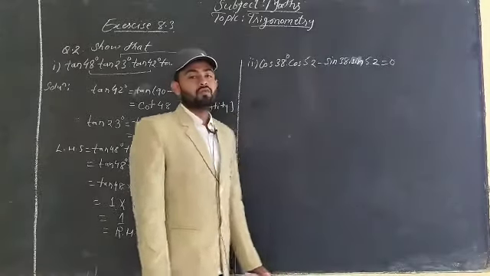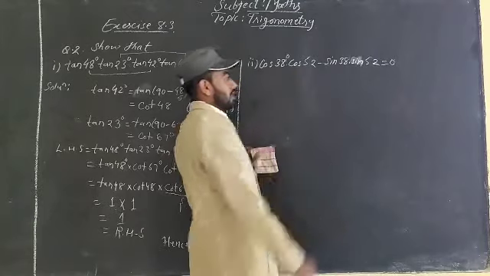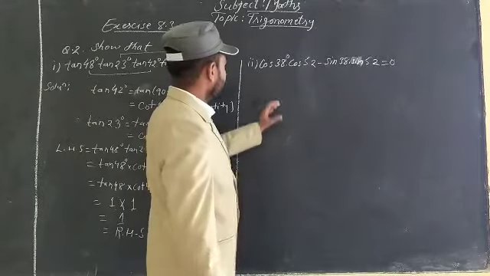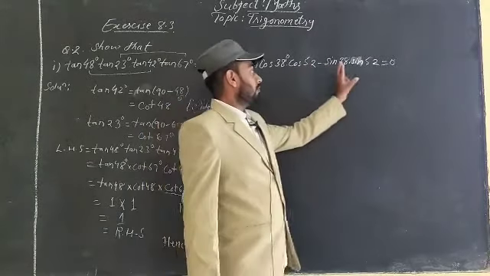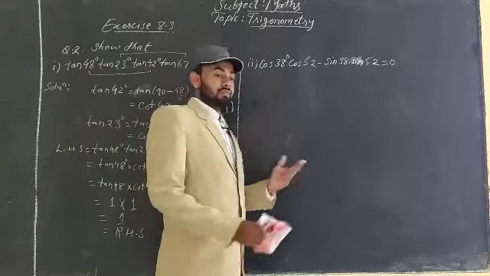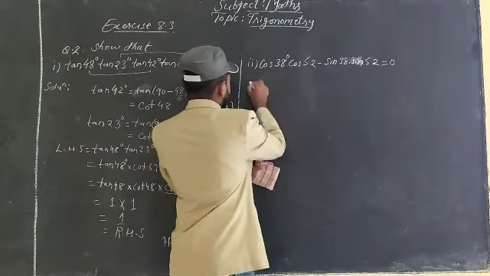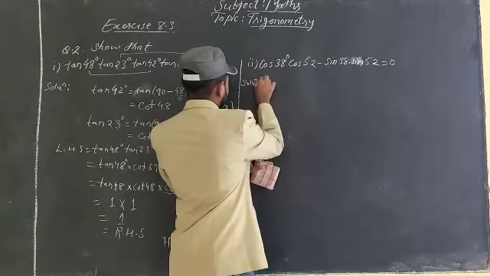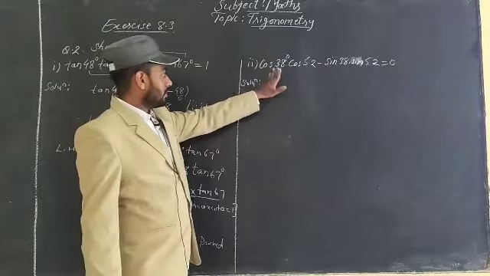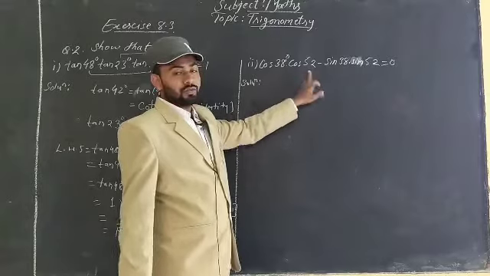Again, what we will do? We will find out complementary angles. See, 38 and 52, they two are complementary of each other. So what we will do? We will just change one angle here and one ratio here in the opposite way. One is sin cos or cos sin, right? So suppose from here I will change. Okay, let's start with the solution. Cos 38 I will keep as it is, and I will change this cos 52.